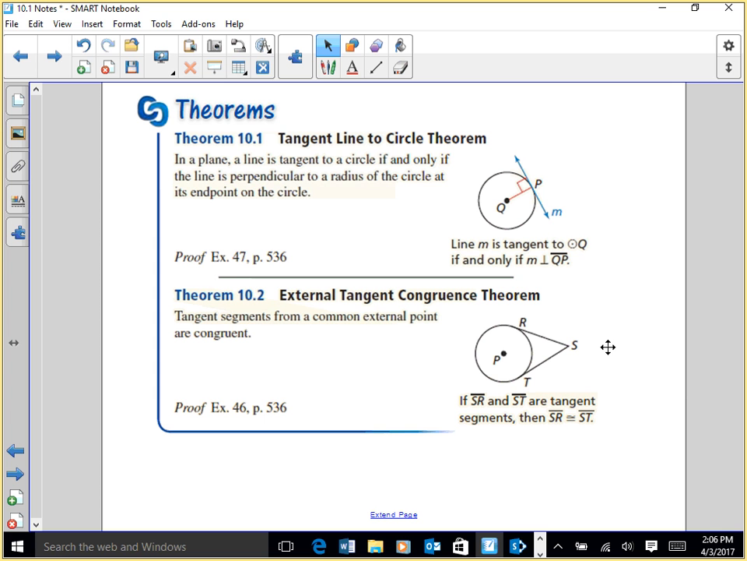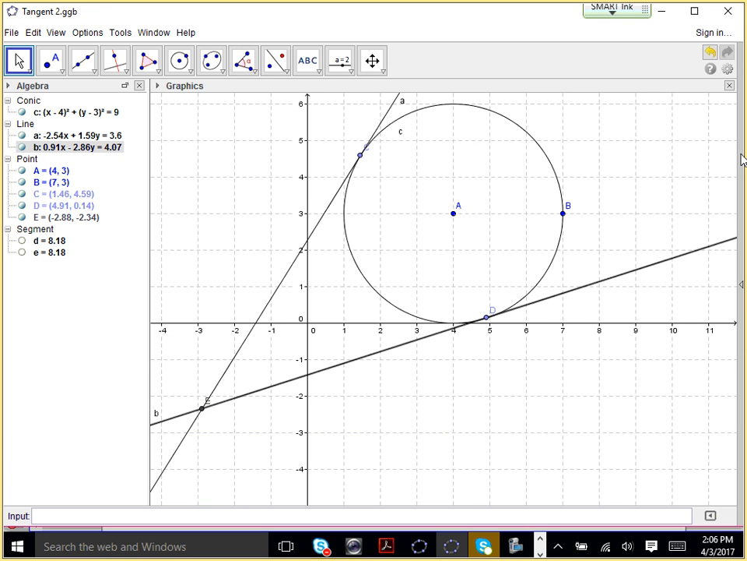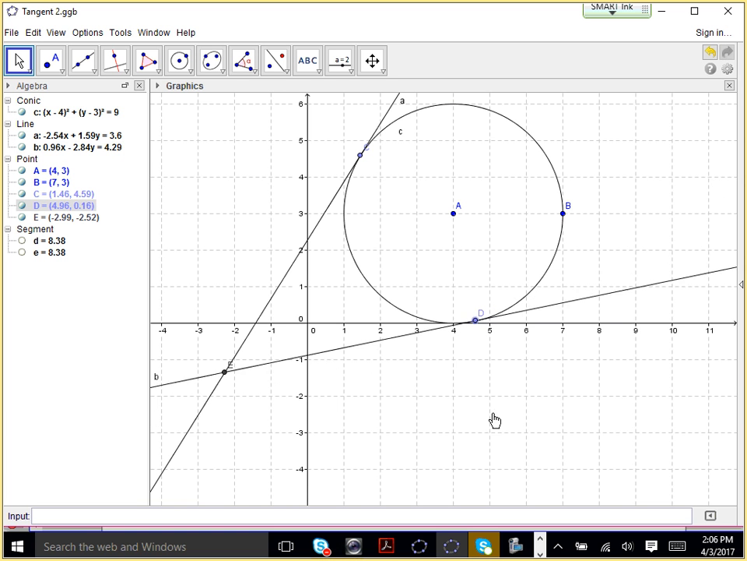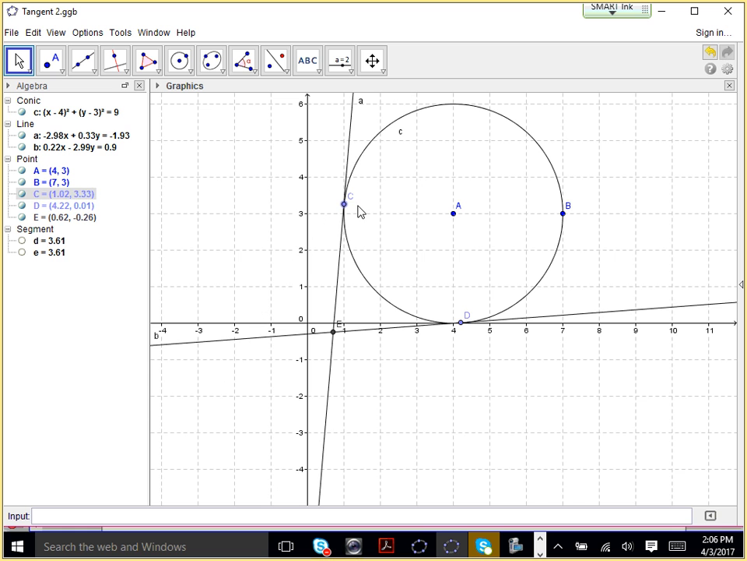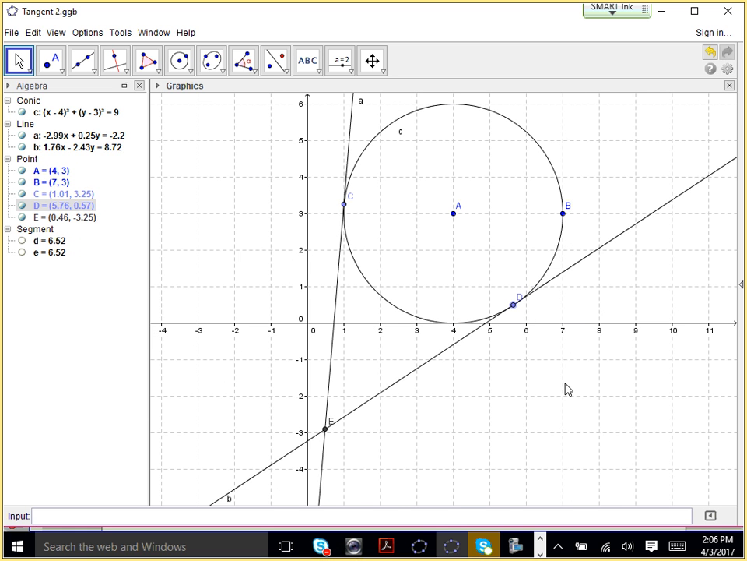Our second little theorem here involves two external tangents. So let me go to my second file. I have two external tangents here, one here and one here. And again, I can move them wherever I want. And when that happens, it's possible they would never intersect, but usually they're going to intersect. And they intersect here at a point E. If I draw segments from the point where they intersect to each point of tangency, so E to D and E to C,